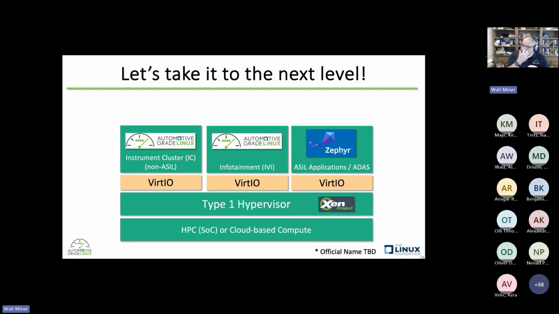We have a plan to then use Zephyr for ASIL applications for ADAS. And right now, what we'd like to do is convert our gateway demo from an all-Linux CAN interface solution with a KVM hypervisor to using Zephyr for accessing the safety critical portions, including the CAN bus, having that communicate with the instrument cluster and the IVI, and having that all done through a Type 1 hypervisor. We're working on an official name for this project. That's still under review, but